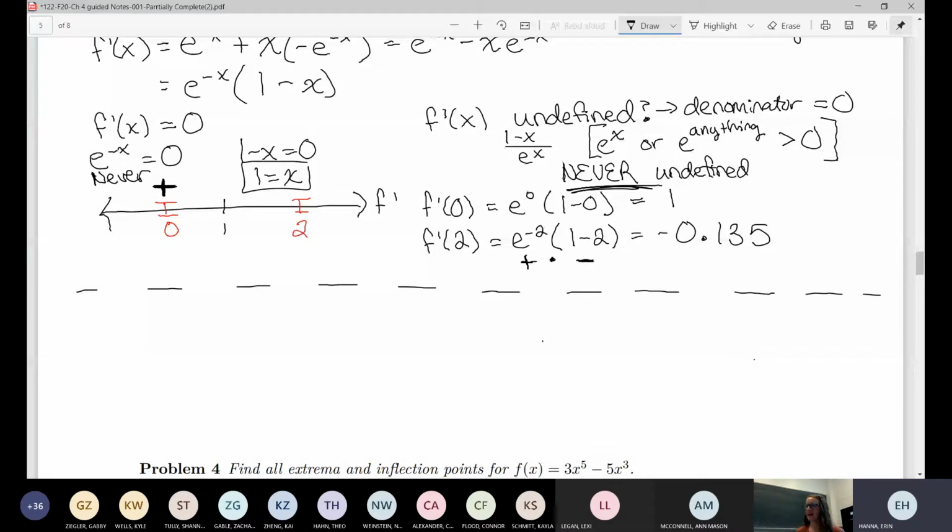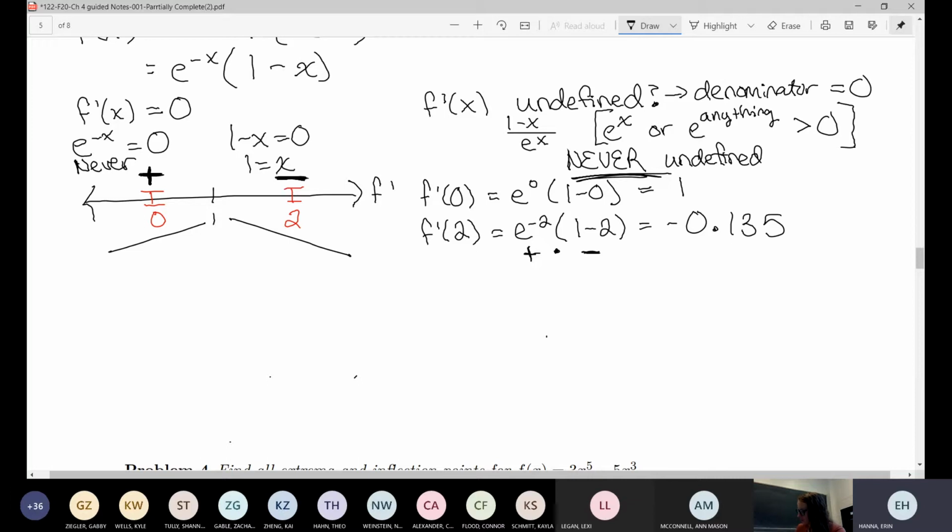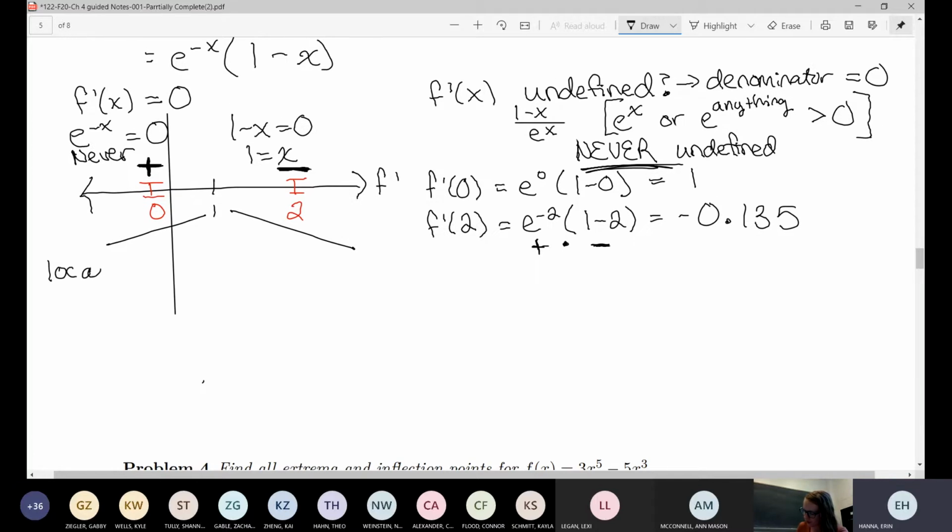Negative 0.135 eventually. So that means that when we plug in 2, we get a negative. So I would come back to the number line and put a little negative above the 2. I like to do my little line segment pieces. So if the derivative is positive, we're increasing, and if the derivative is negative, we're decreasing. So that would mean that this critical point of x equals 1 turns out to be a max. So we would have a local maximum